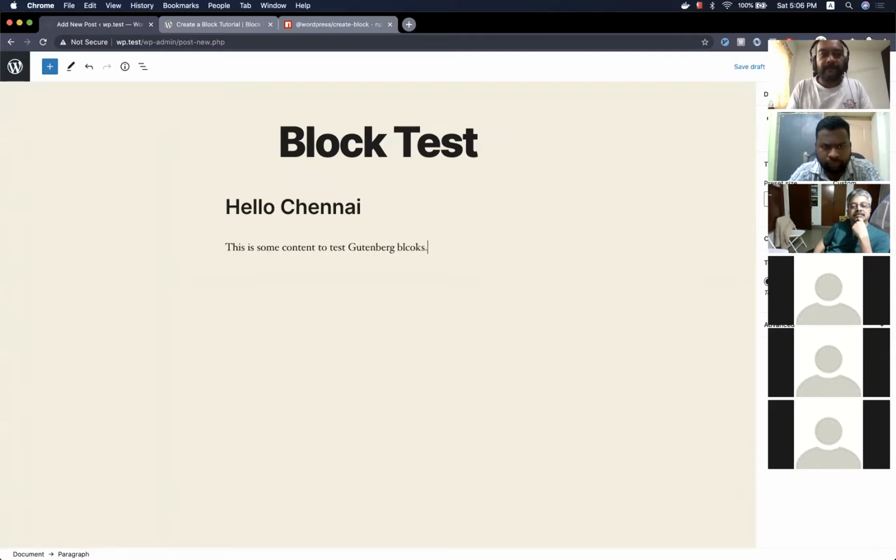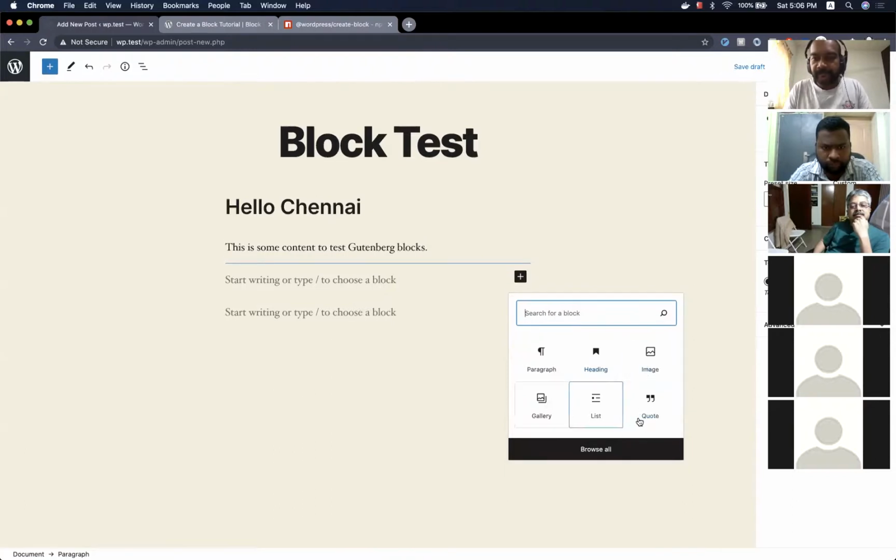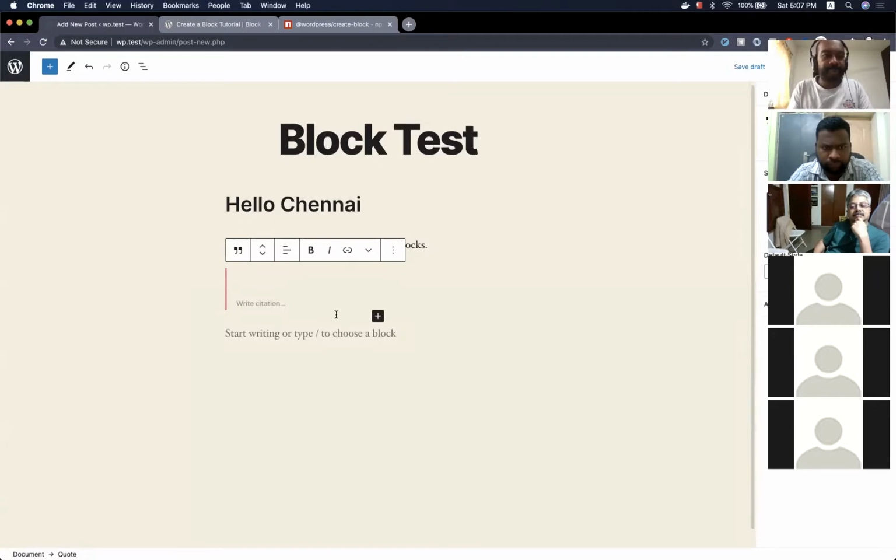We can keep adding more blocks here, and as I said, we could add any number of blocks. Maybe we could add a quote, the famous Superman dialogue: with great power comes great